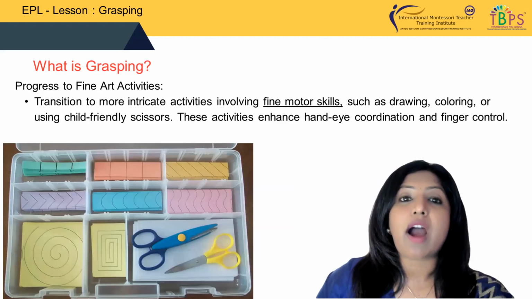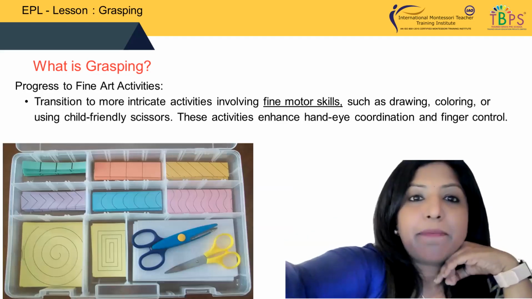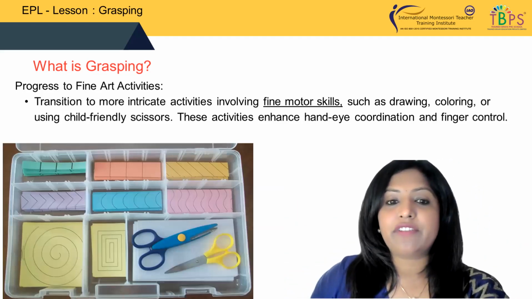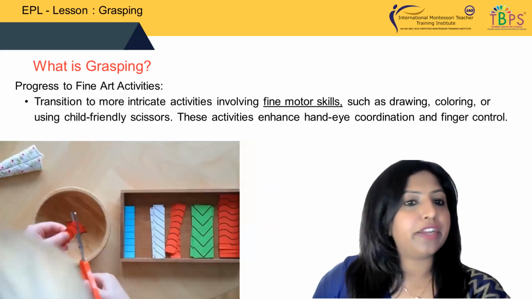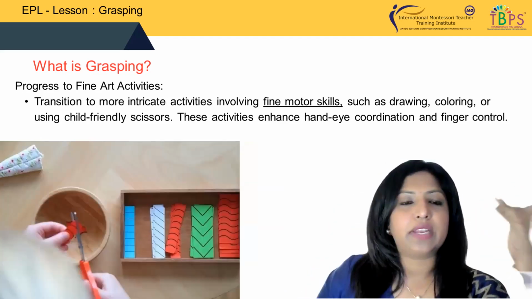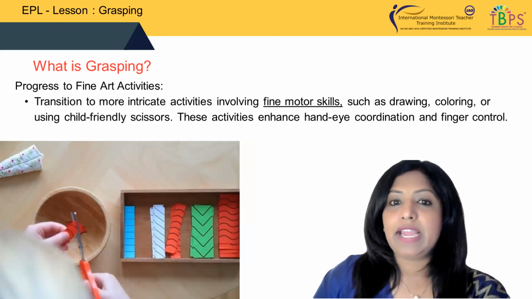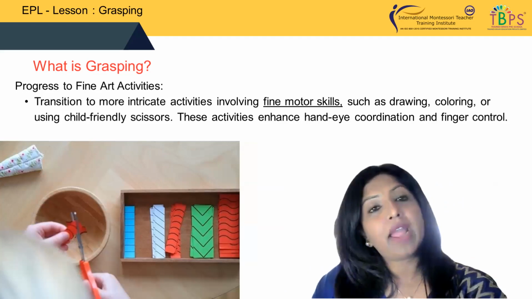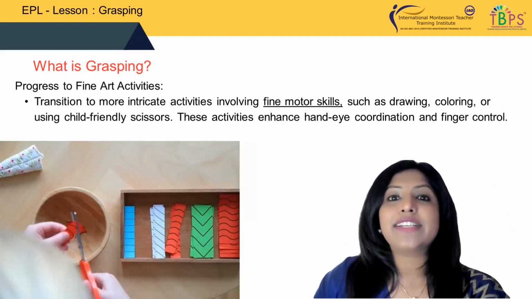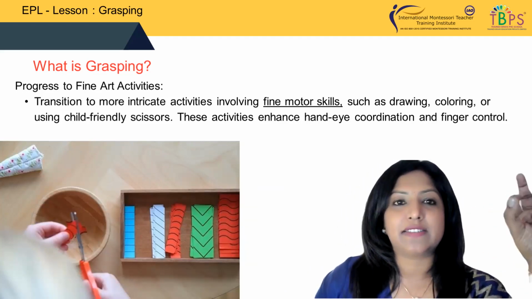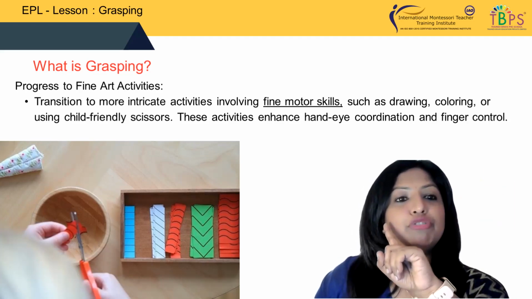We can also include art, right? Say, for example, when I'm having art skills, child-friendly scissors we can give for the finger control. You can draw lines, you can give them a bowl. The child can be able to cut them into smaller pieces. Again, I can use all the cut pieces into my art exercises. So always use child-friendly scissors. See how I'm putting that into my art.